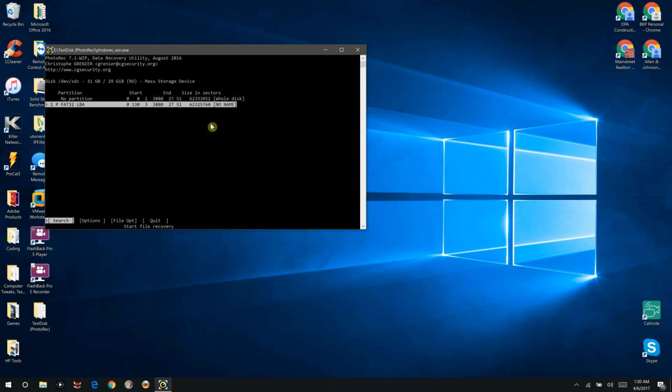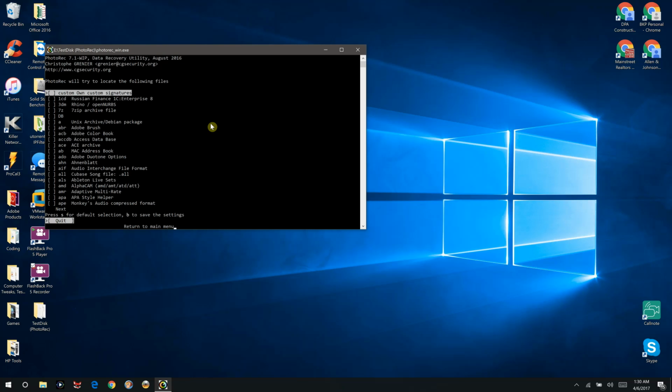So now we're going to proceed. We're also going to, like our RAM analysis, if you've seen that video, choose file options. Now, if you remember from the previous lesson plan, or if this is your first lesson plan, file options in this program lets you select any file option you want. So for instance, if I want to